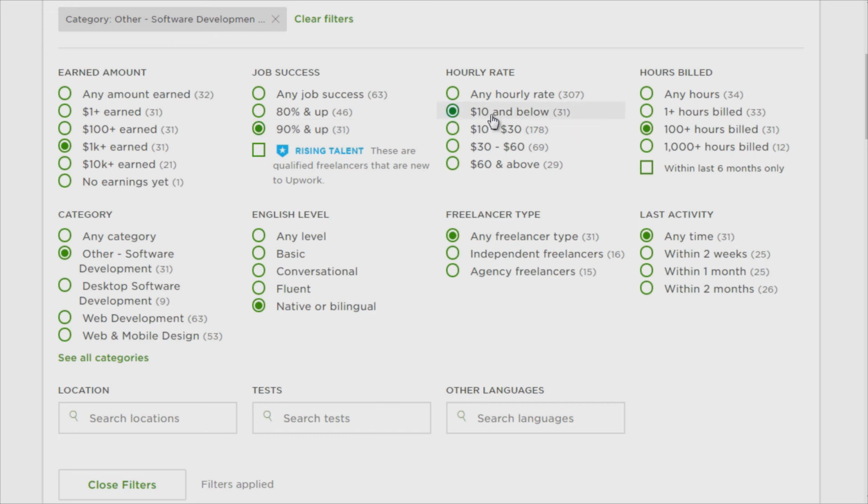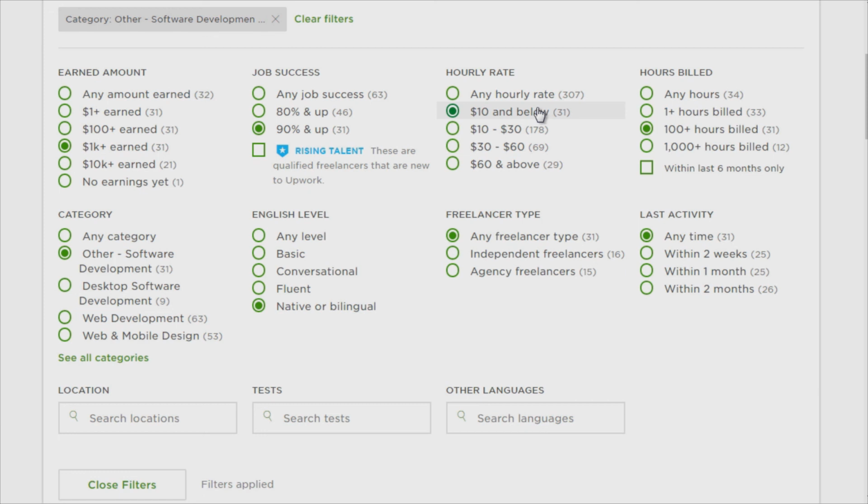$10 below, that's fine if you're hiring from the Philippines or countries where $10 an hour is actually a high paying job. Just keep in mind though, if you hire an American or United Kingdom and it's $10 or below, you begin to question the quality there. All right. You got to think, is this person willing to work for you and survive and live, or are they starving and they're desperate, but they're not premium? So you kind of have to think about that,